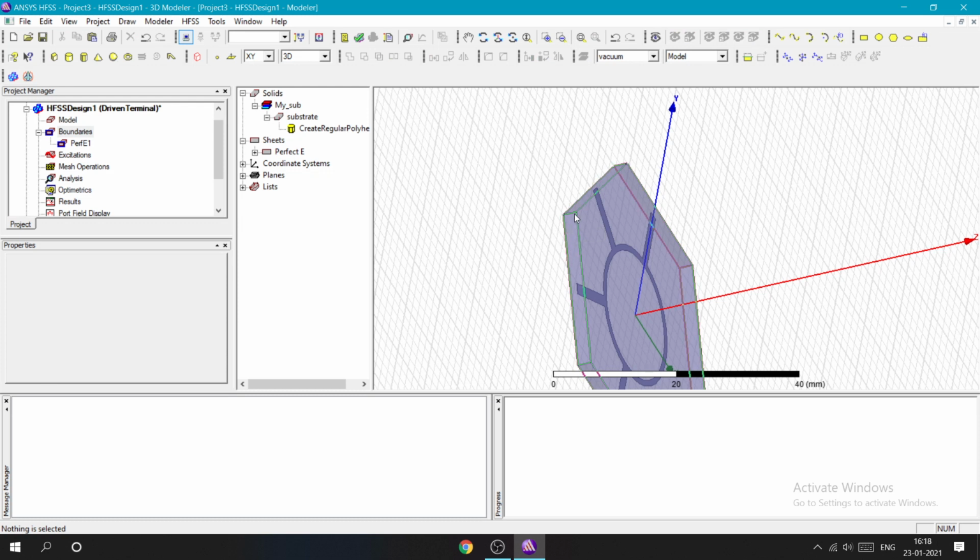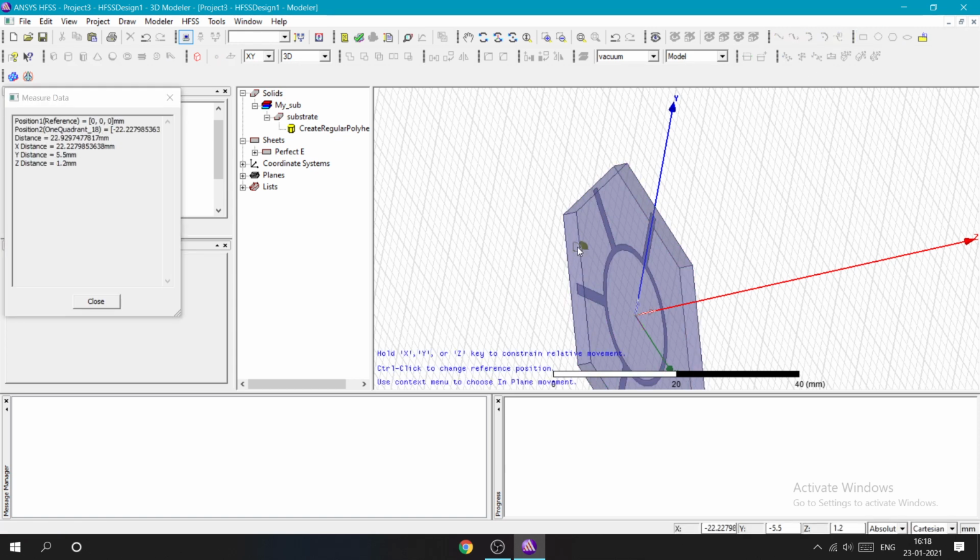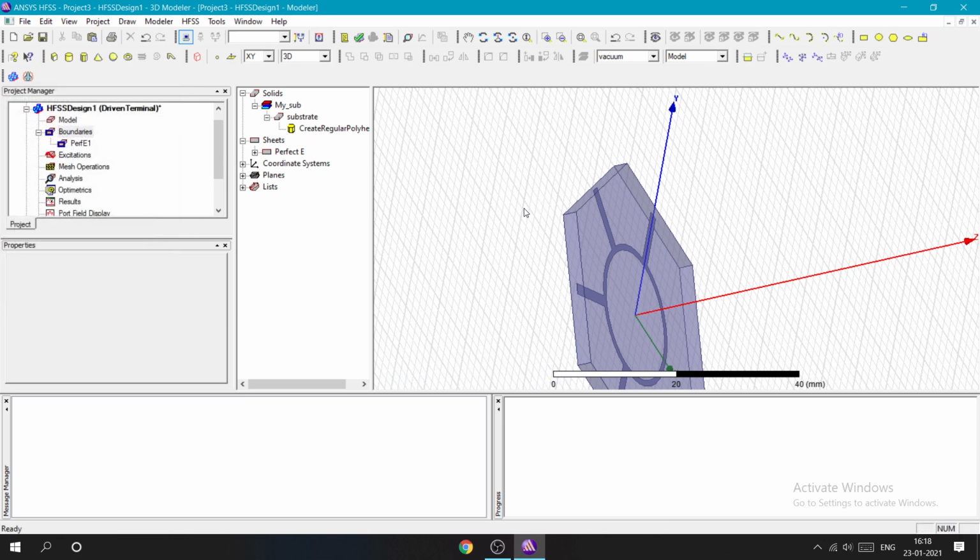So we need to make the same shape, or same rectangle, at the exact position over here. We need to have a new rectangle sheet here. You can draw a rectangle, but we need to know the exact coordinates for it. Rather than doing that, there is an easy way, which is using the line.